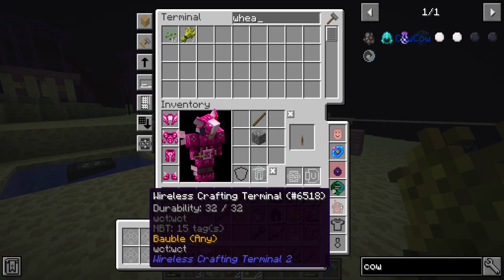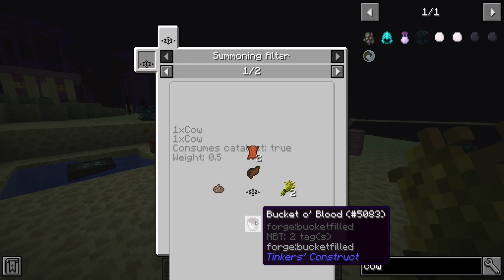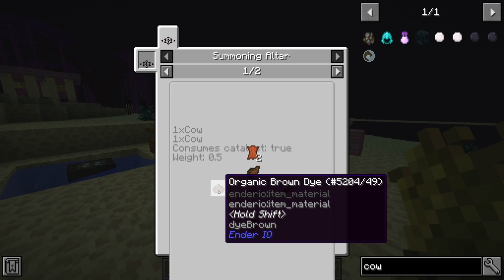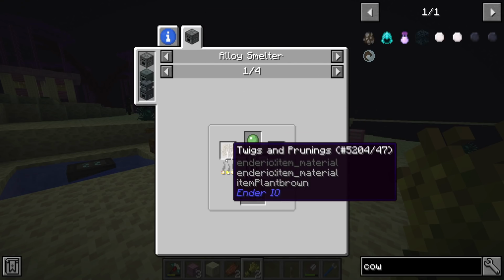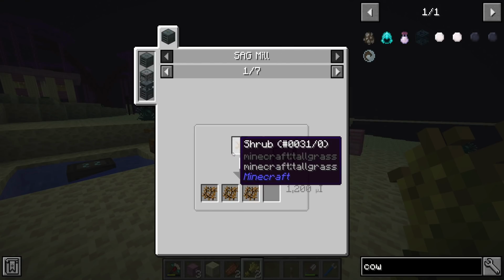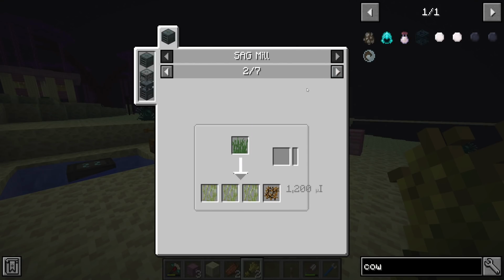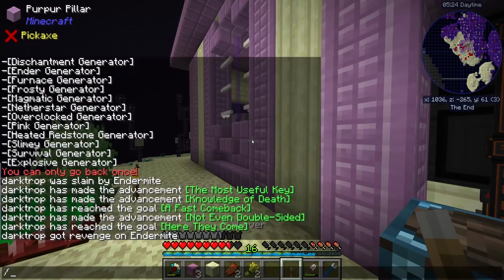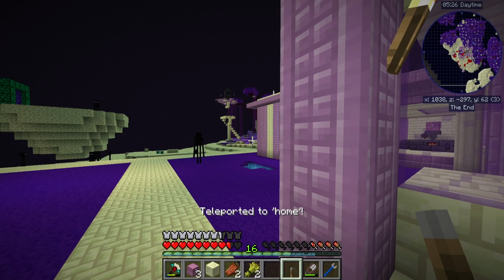Let me dump a few items here, chat. The bucket of blood we can do with the smeltery with rotten flesh. And then the organic brown dye is twigs and prunings and slime. The twigs and prunings you can get from dead bushes, you can get from grass, which is probably how we're going to do it. Leaves. Not all leaves, though, I guess. Just, or any leaf. Okay, in that case, then, I guess we'll just do some of the many, many leaves that we have